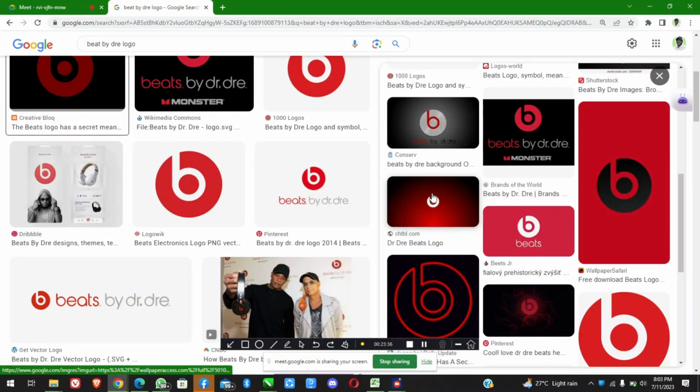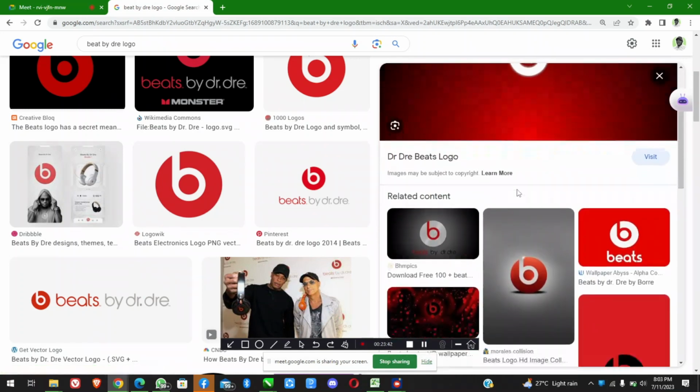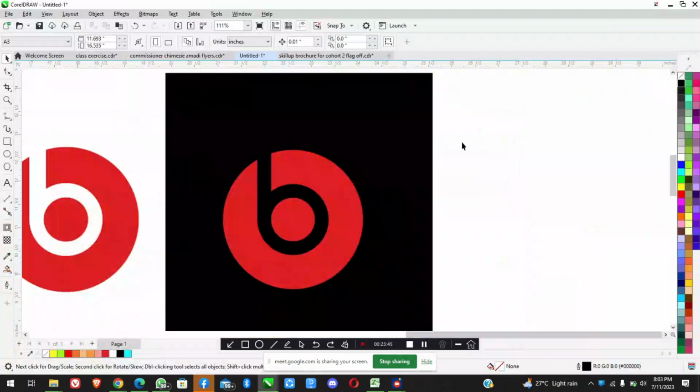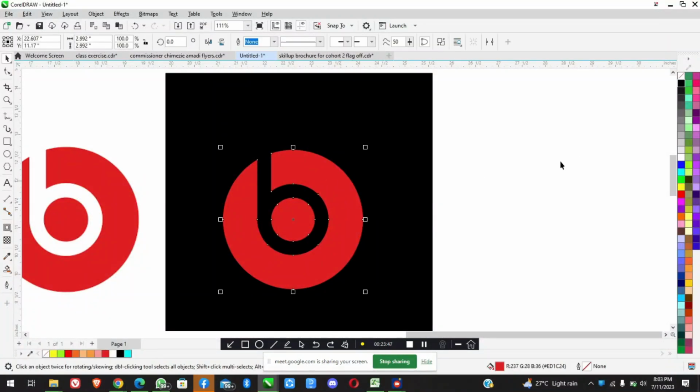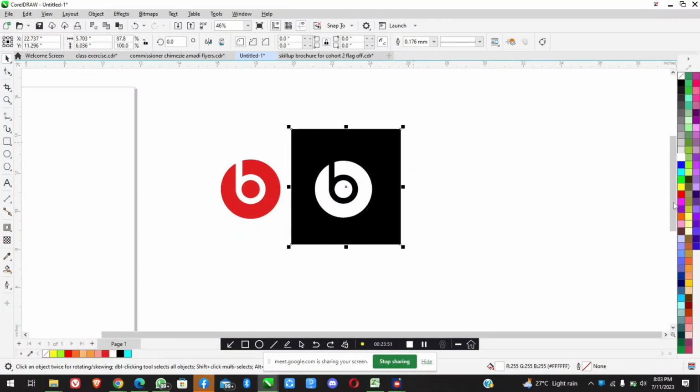Okay, it's on a red. When it's on a red background, if it's white, this place becomes red. So with that, you can now change this to any color. If you change this to red, now it takes up